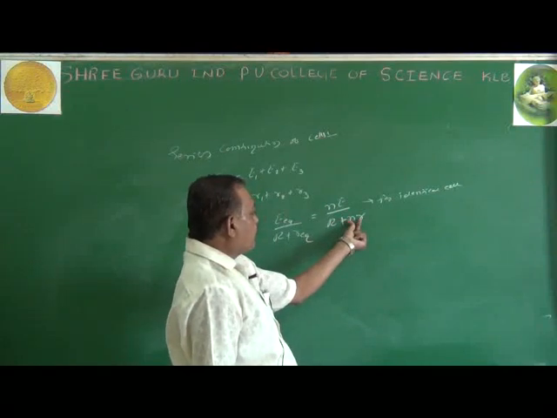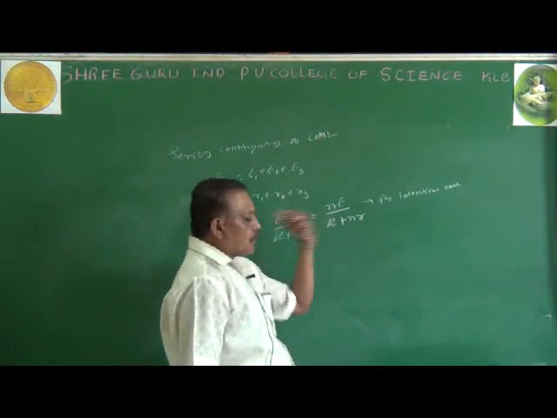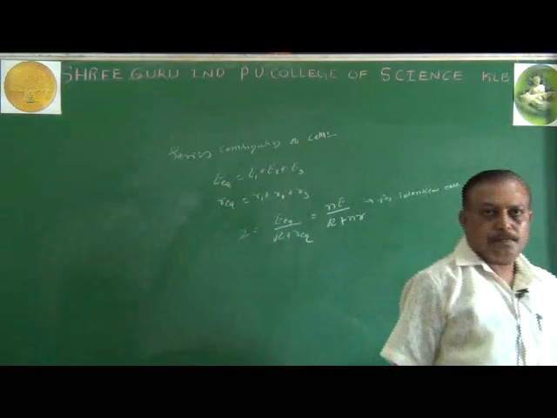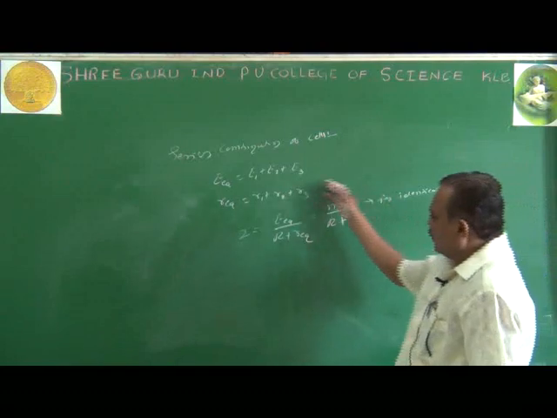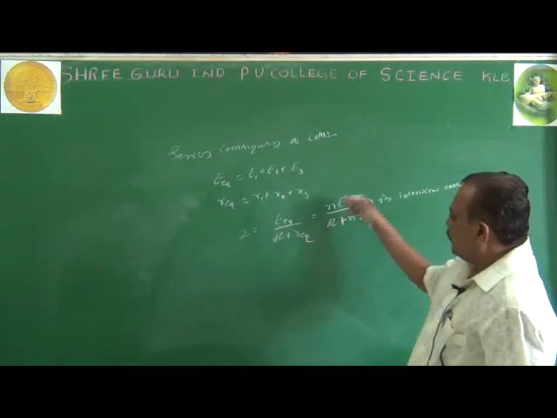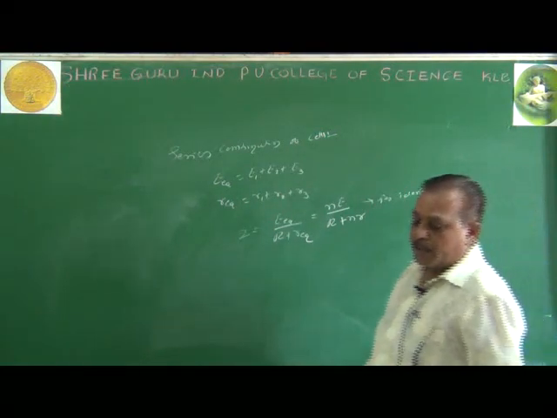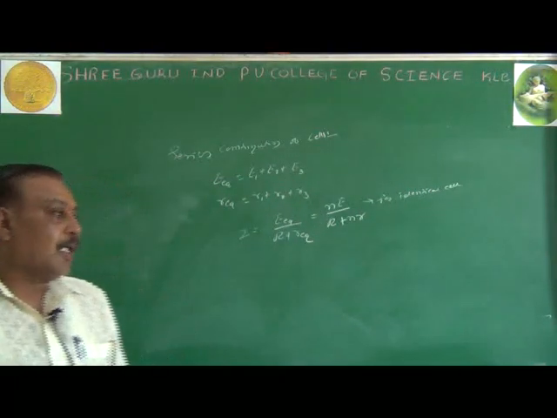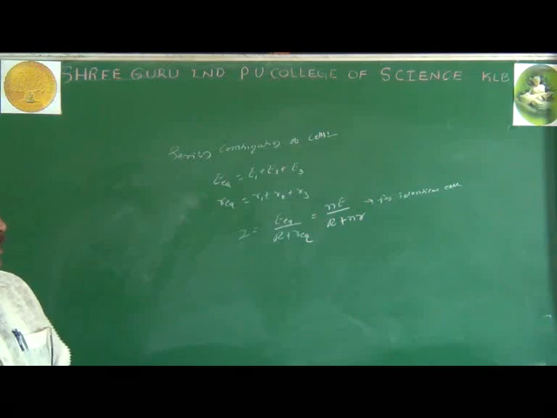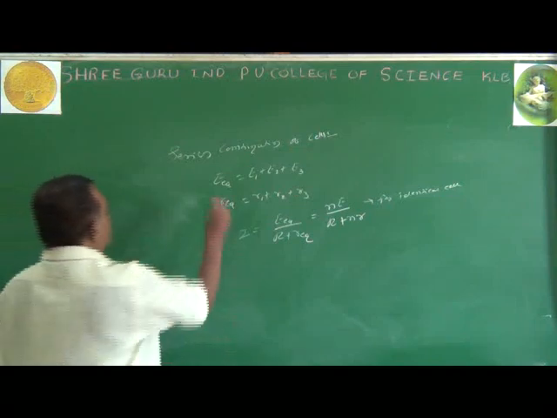So, R is not equal to 0. Every cell has got its own internal resistance. From this equation we can come across the requirement of the EMF and the current, which type of the cells are preferred. Are the low internal resistance cells preferred or high internal resistance cells preferred? Then we make the equations. Similarly for parallel combination.